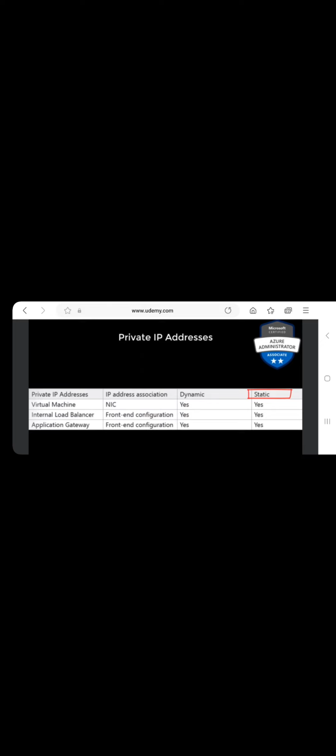Static, on the other hand, is where you select and assign any unassigned or unreserved IP address in the subnet's address range. For example, if the subnet's address range is 10.0.0.0/16 and addresses 10.0.0.4 to 10.0.0.9 are already assigned to other resources, you can assign any address between 10.0.0.10 to 10.0.255.254. In the next video, let's go ahead and see how you can manage the IP addresses